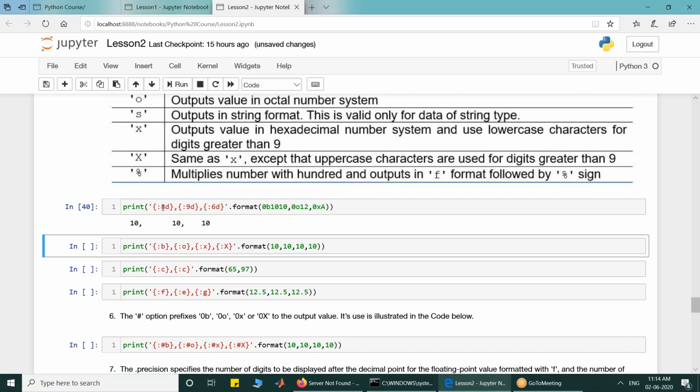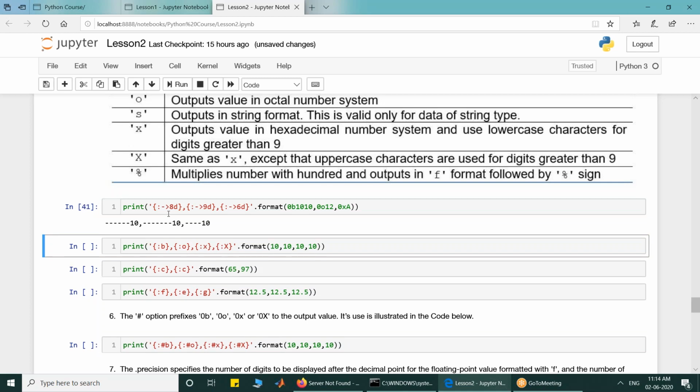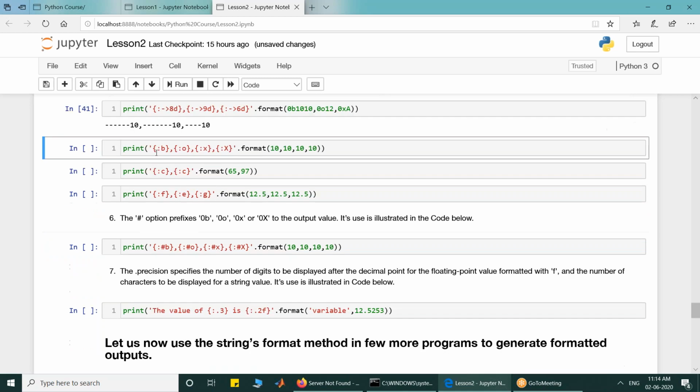If I want to fill them with spaces or dollar or minus sign, what can I do? Minus, right line, which is by default. So look at the minus sign that I have substituted, the character which I have substituted. Similarly, I can do any other thing.